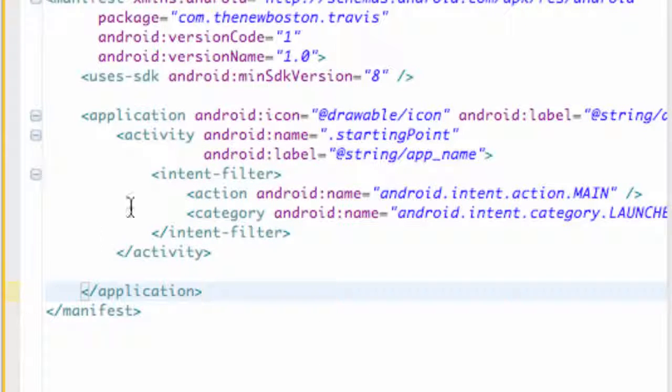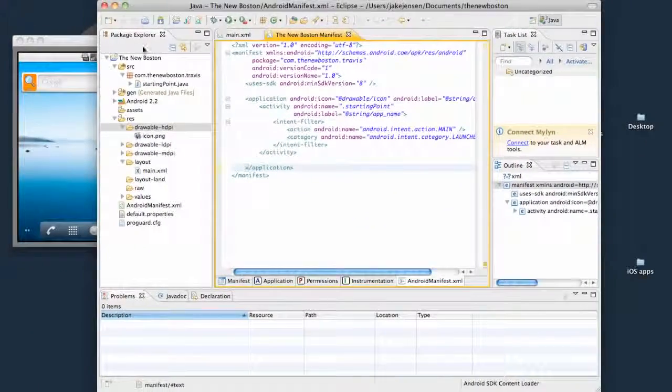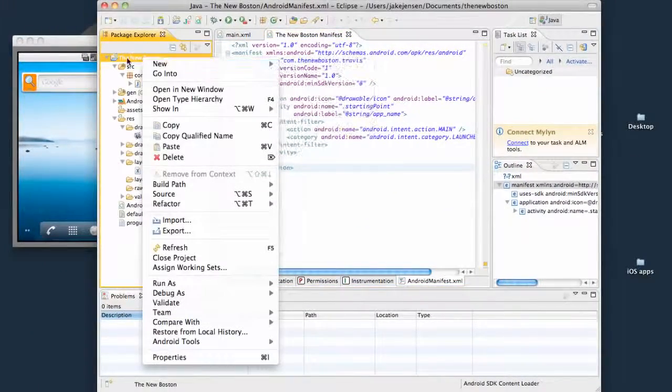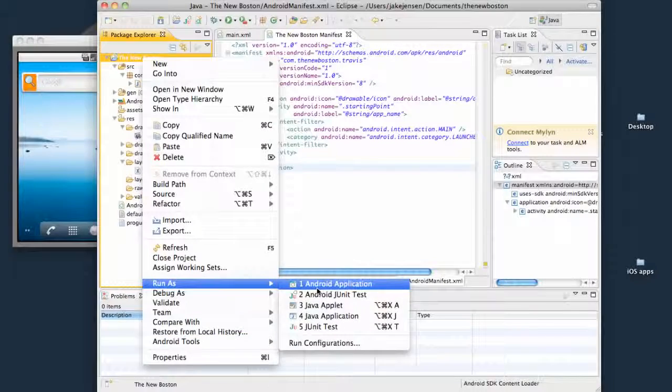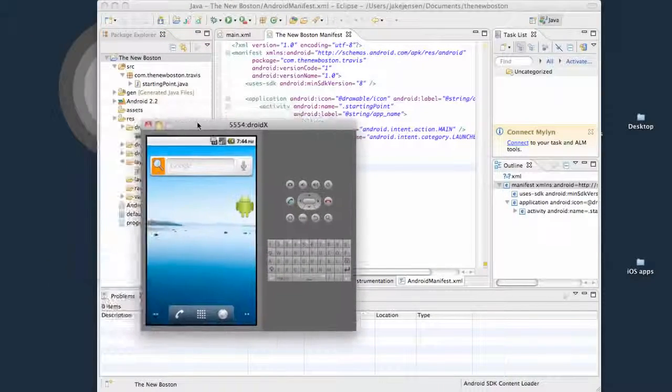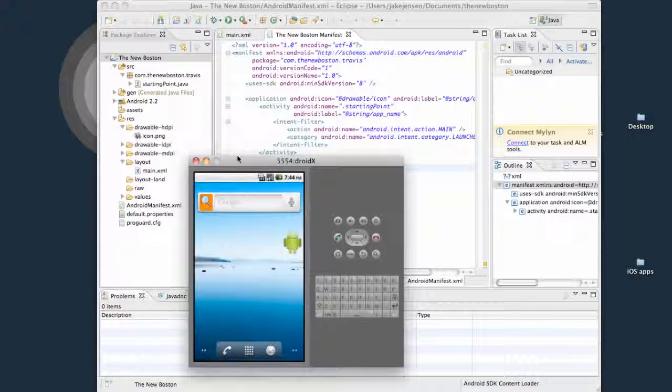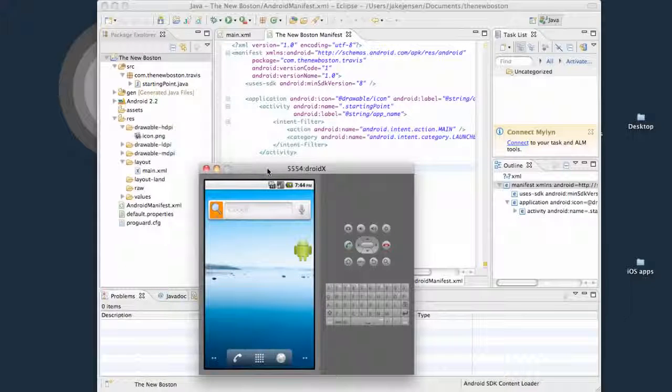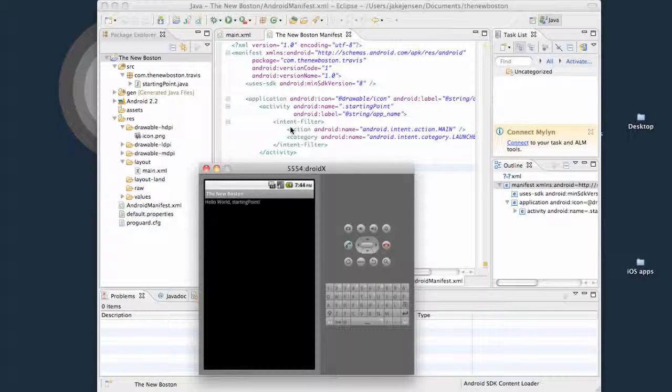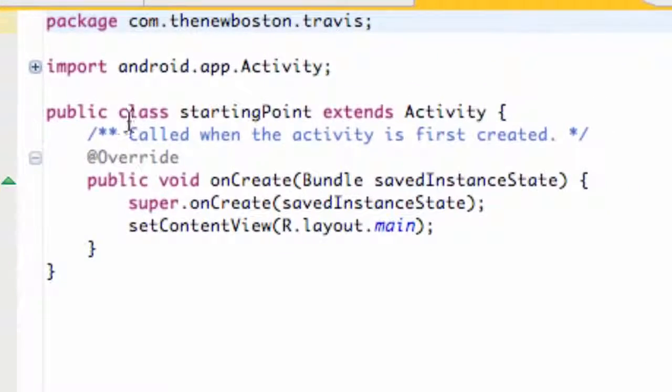So basically, that's kind of an overview. The only other thing I want you guys to do real quick is right click on your whole package, go to run as Android application, and that's going to load up on our emulator. Again, I'm just going to briefly talk through everything that's happening. As it's installing onto our emulator, it's looking for the launcher item, like I said, within the manifest. Then it calls this starting point class that we set up right here, which is an activity class, and within the activity it sets the content view to